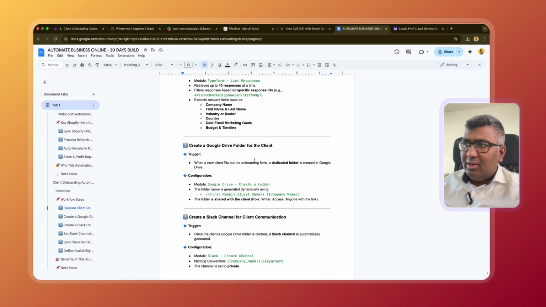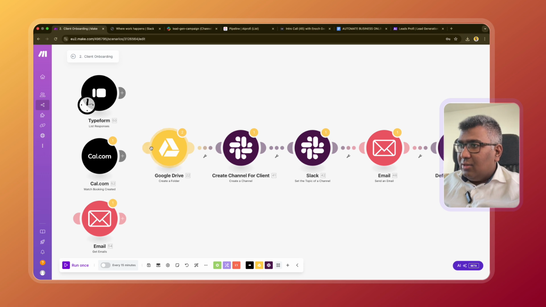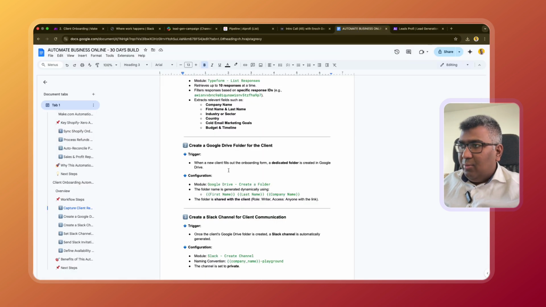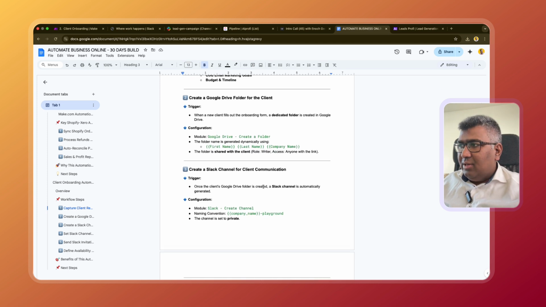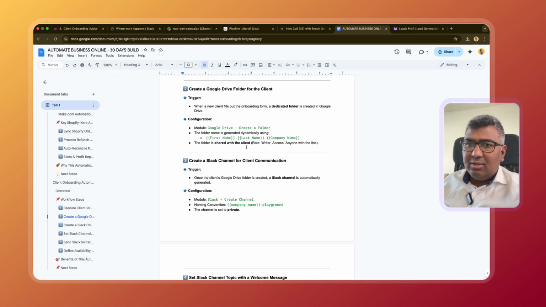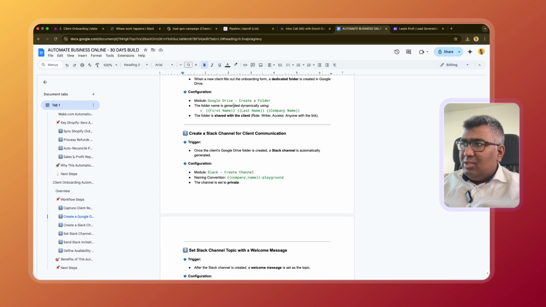What I'm going to do is create a Google Drive folder for the client, because it's very important to capture all the information for future meetings and future talks, and to create a separate folder for them. So you create a Google folder here, and when the new client fills out the onboarding form, the dedicated folder is created in Google Drive. Here you have the first name, last name, company name, and the main information about the company. Once you have done this,